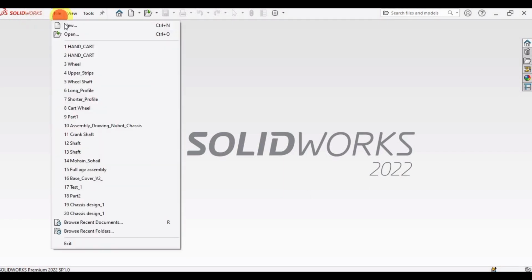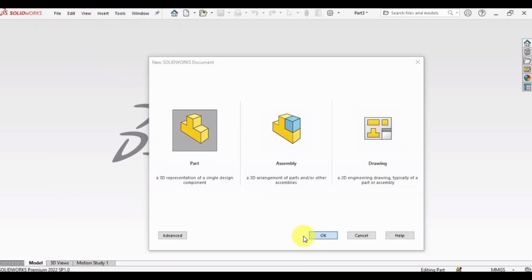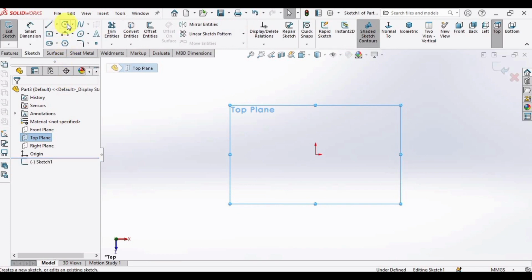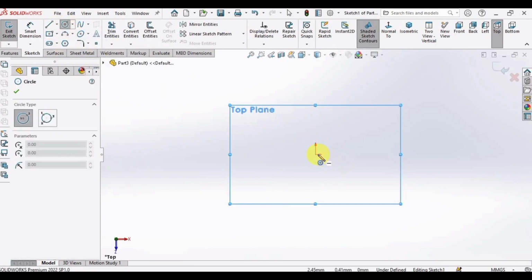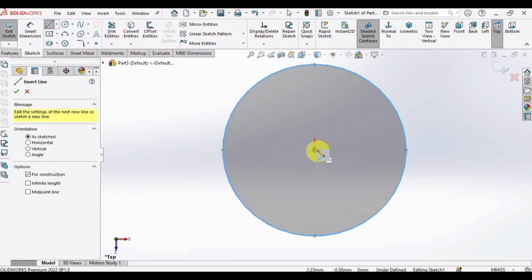Then you need to click on file, new part, and OK, because this is a part file. And then we will select the top plane and click on the sketch option. Here we will select a circle and make a circle at the origin, and then we will select a center line and we will make